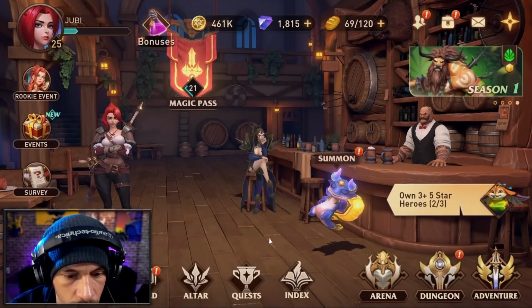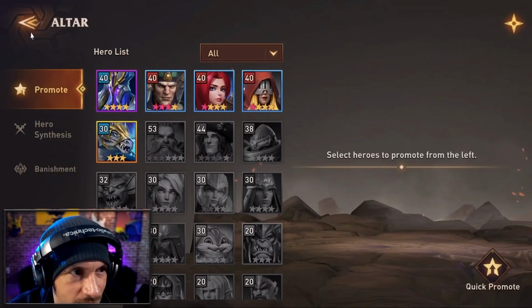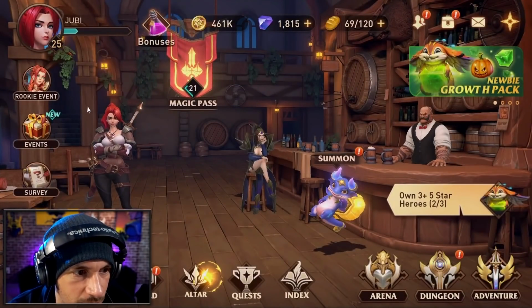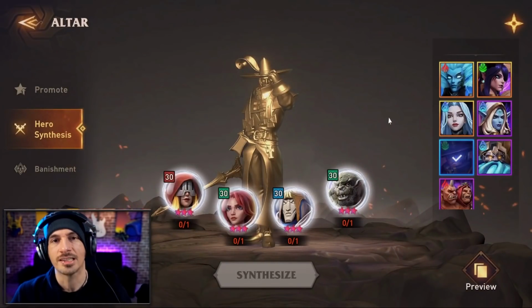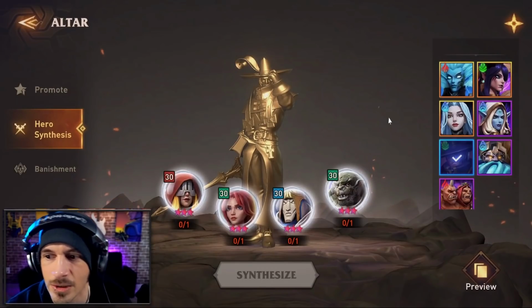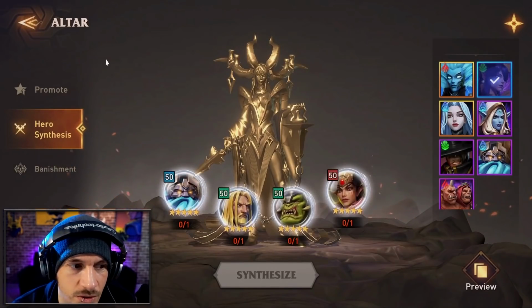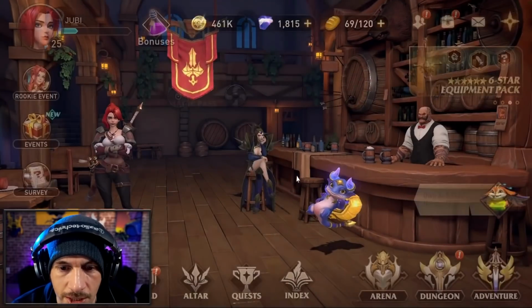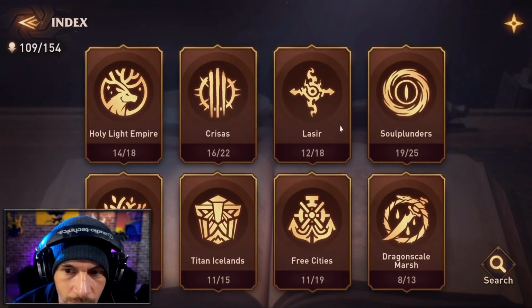Also, another thing to note about this is hero synthesis. So this is a unit that you can synthesize. So everyone has access to this, even if they are not super crazy whales. This is another unit that we're going to talk about as well. So let us go back to the index. And we also have...